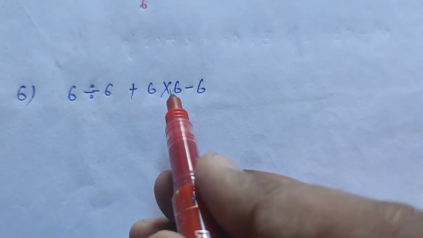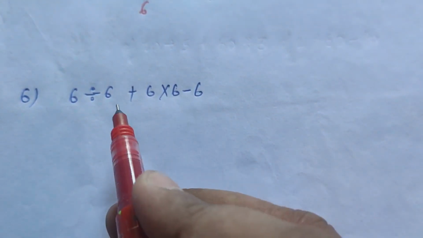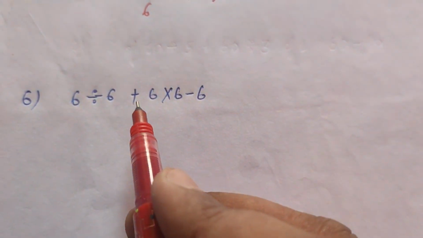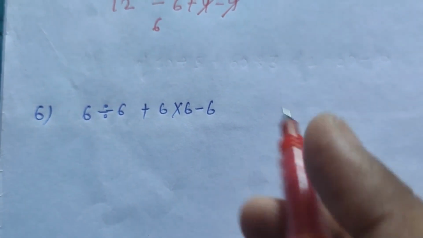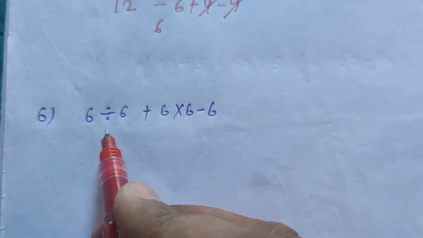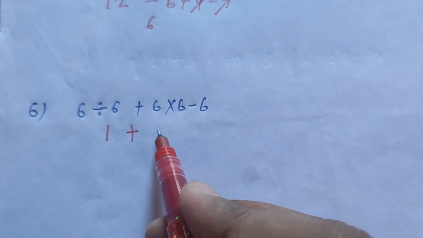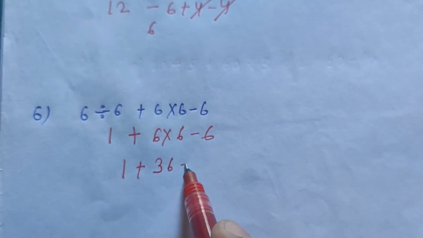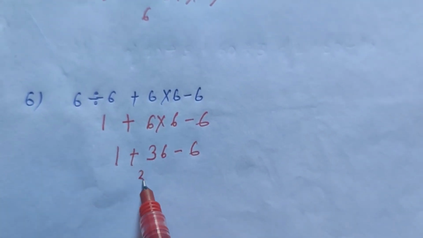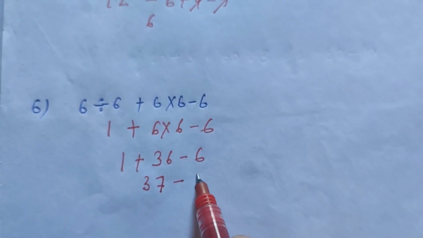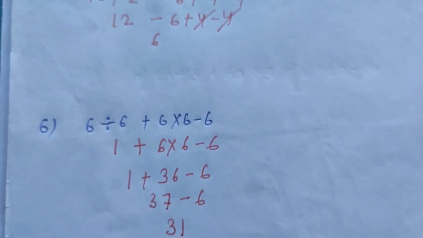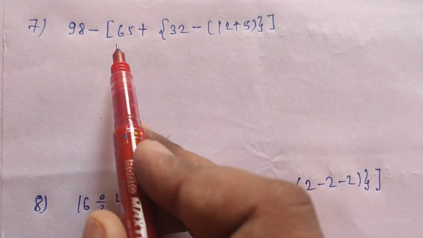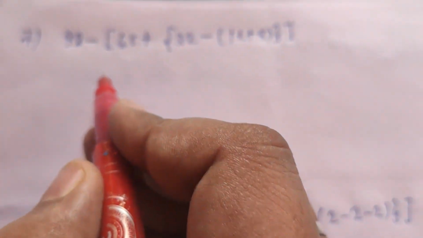Now question number 6. Here you can see divide, multiply. So these are the examples which will make you more clear. So 6 divided by 6 we can write it is 1, and the left will be written the same. Now we will multiply 6 6s is 36, and 1 plus 36 it is 37, minus 6 then it will be 31. Now here you can see smaller one is there, middle one is also there, and big bracket is also there. So first of all we will solve